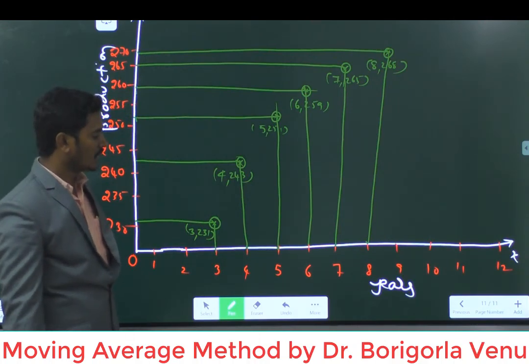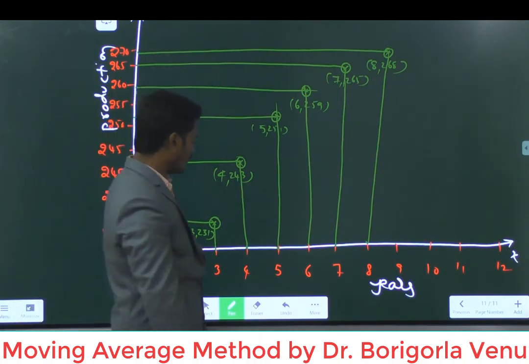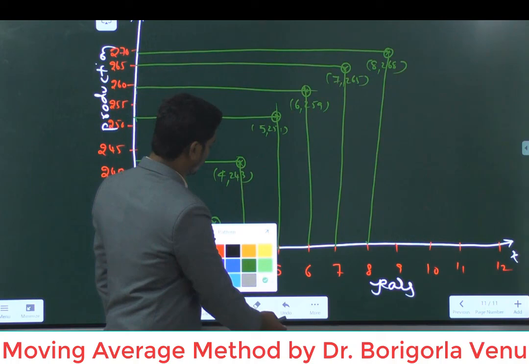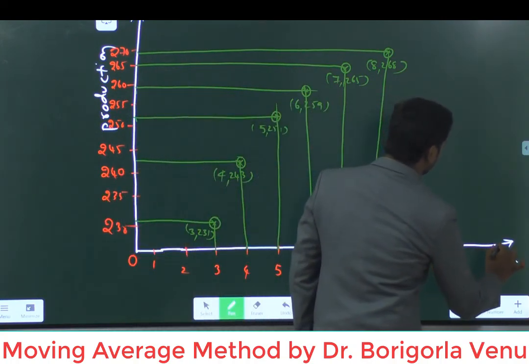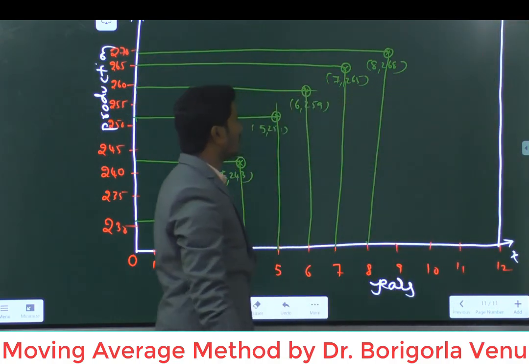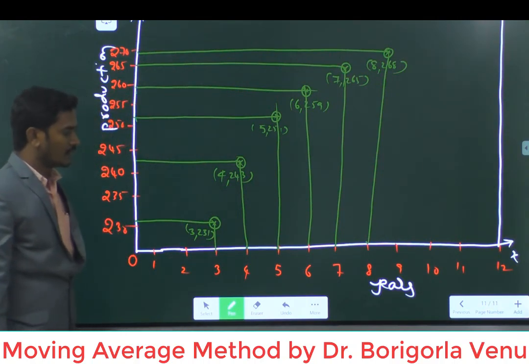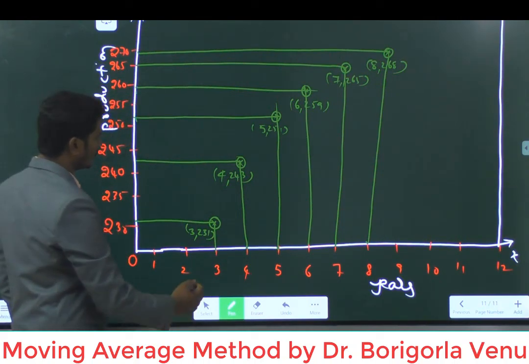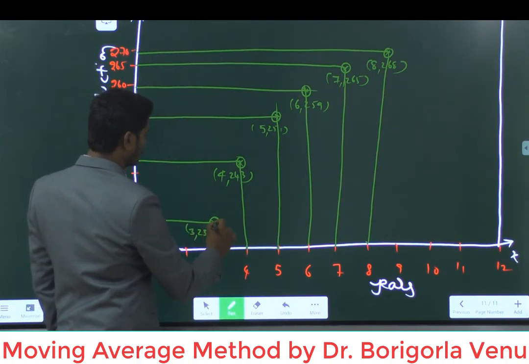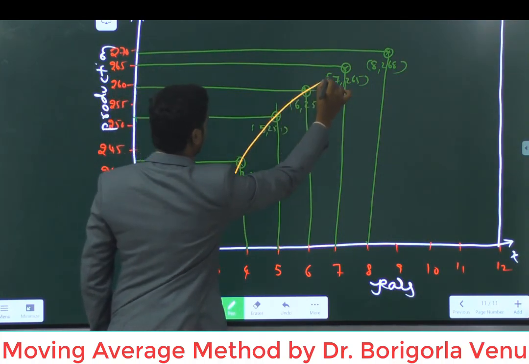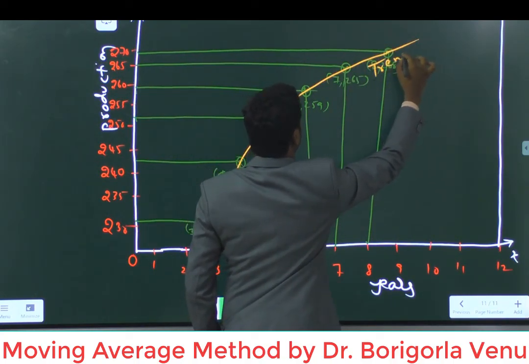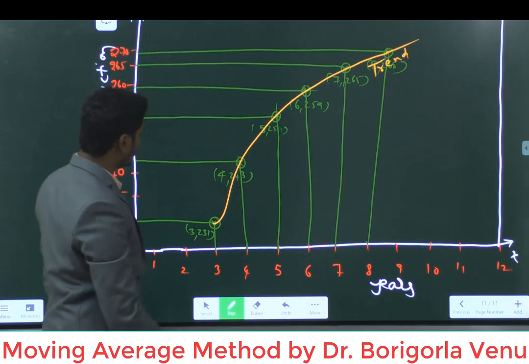So that is the reason we are going to calculate the 12 years moving average by taking a perpendicular line on the x-axis. Simply, we are going to draw the perpendicular line at the 12th year. This is for the 12th year demand. First we have to draw the free-hand curve for these demands. So here I am going to join these demands. This is the trend line we draw.